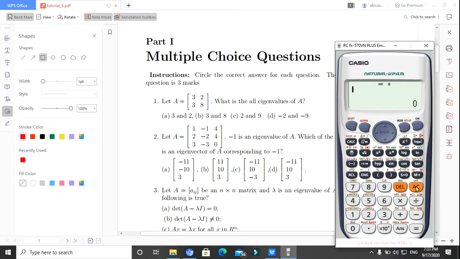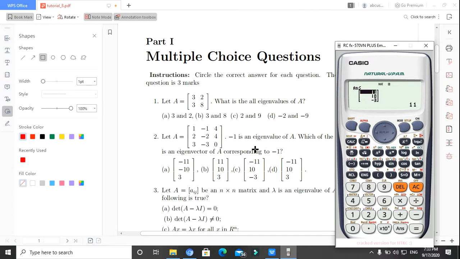Then we have to press AC. I'm just going to multiply these two matrices stored in this calculator. Shift and then matrix, here matrix A, number 3, times the matrix B. Okay, Shift and then matrix number 4. Here I am just going to multiply matrix A and matrix B. Here the result is 11, 10 and -3.